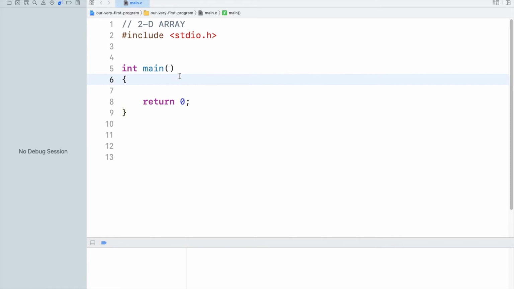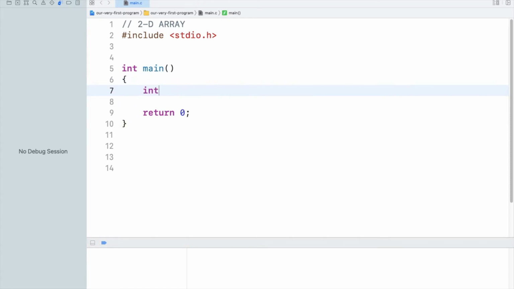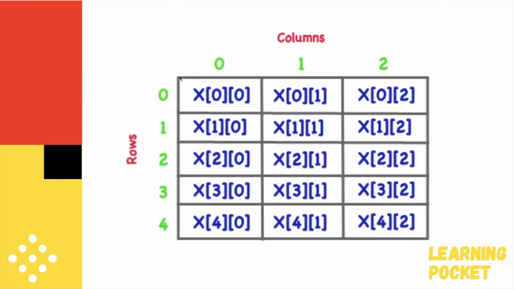So I'm going to declare, as usual, an integer type 2-dimensional array, and I will say the number of rows to be 5 and the number of columns to be 3, and I will tell you how to initialize them. But before that, let me look into the matrix that I have just formed. We have 5 rows, 0 to 4, and 3 columns. How am I going to access each particular element? By writing their particular indices.